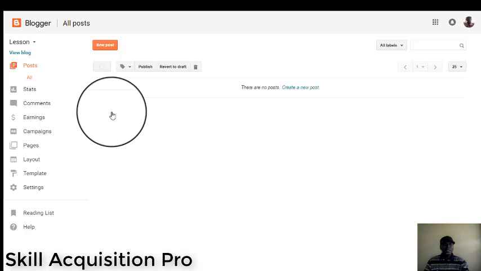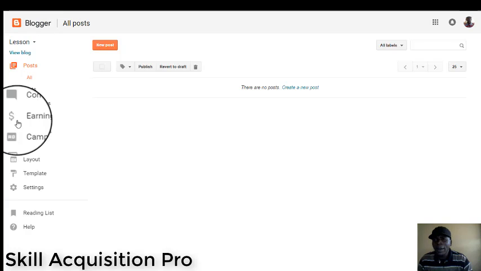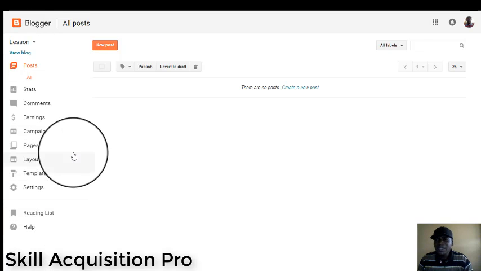This is the dashboard area, and now the main thing we're going to be doing is what we earlier discussed, that this lesson is about introducing you to the dashboard. Now we're in the dashboard environment of the blog we have created, and we're going to be discussing. If you look at the left hand side of our blog dashboard, you can see the first thing